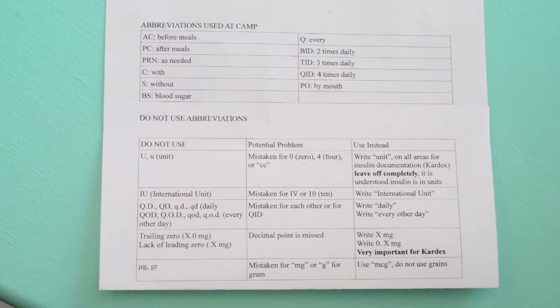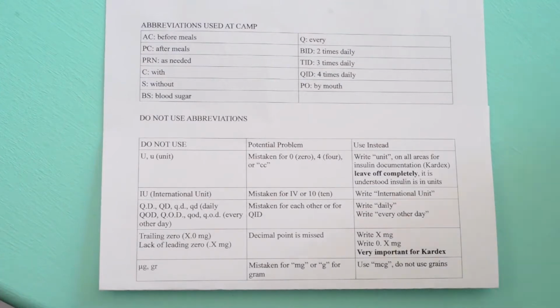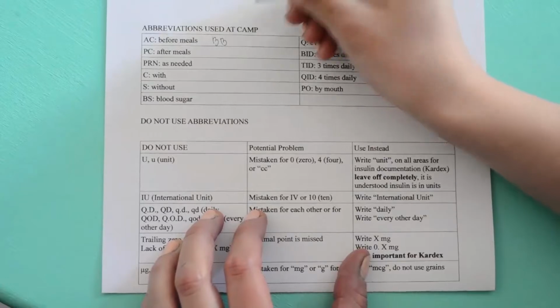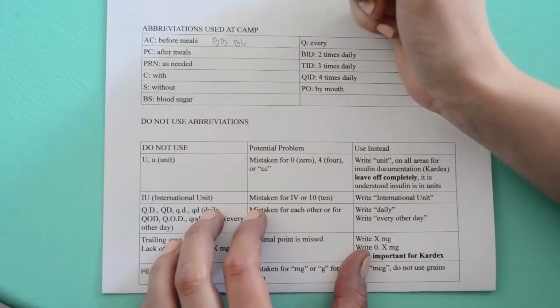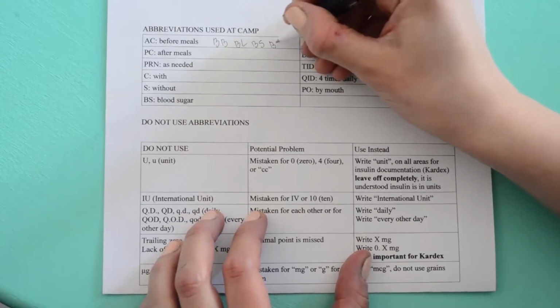So before I talk about all the documentation, I want to just go over some abbreviations we use at camp and some do not use abbreviations. So first, abbreviations we use at camp, we have AC and PC for before and after meals. More commonly, you'll see the meals just written with either BB for before breakfast, BL for before lunch, BS for before supper, and BT for